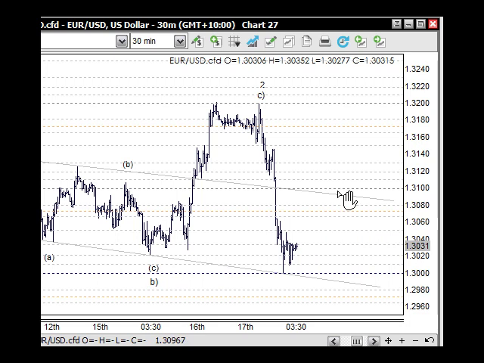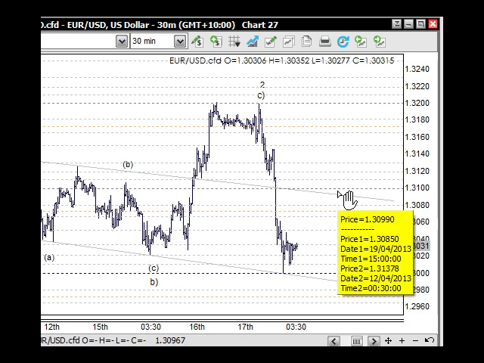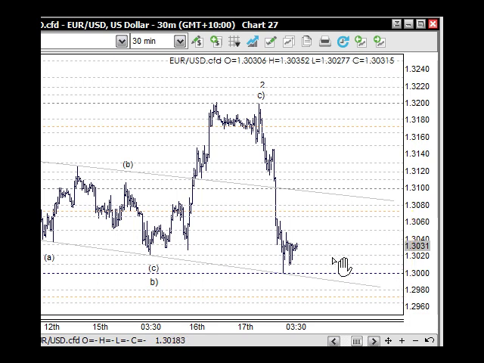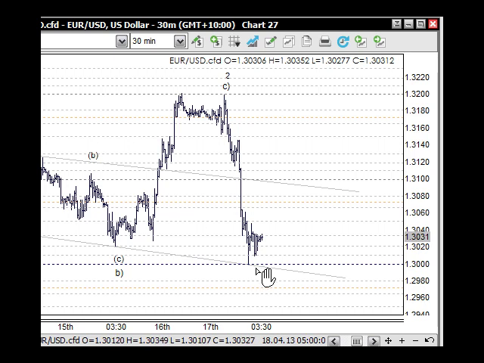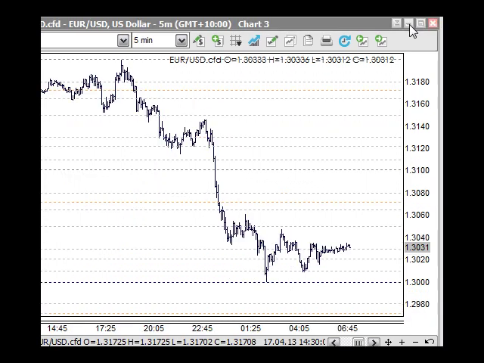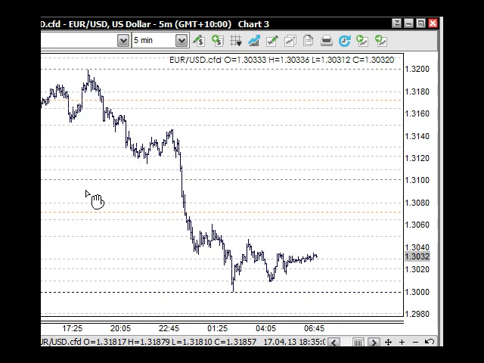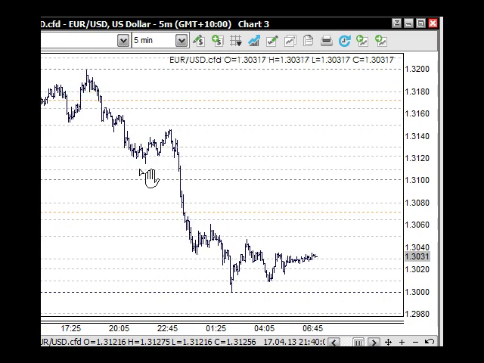And possibly the 131 is possible to move back up into this trend line as well. These trend lines have held quite nicely through here, so we'll just leave them there for the time being. If we look into this leg here a little closer, we can work it out. So from this high up here, we've got wave 1 coming down to here, wave 2 to here, nice little ABC here for 2, and then we've got